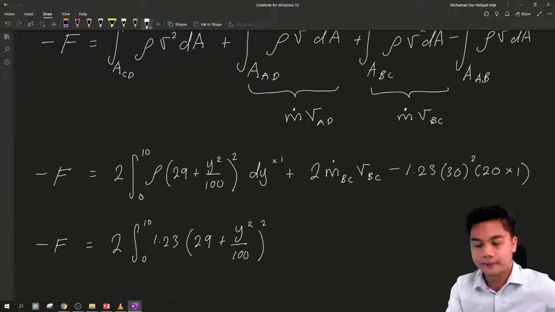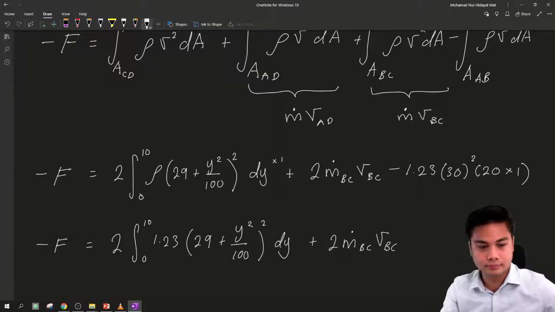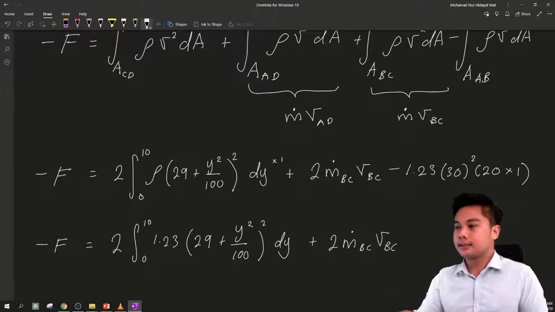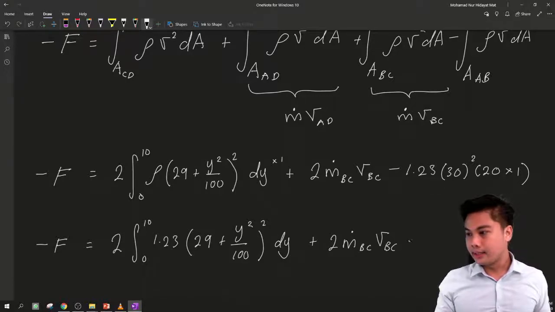Like this one, dy, plus 2 m dot BC V BC. Then you can solve this using a calculator: 1.23 multiplied with 30 squared multiplied with 20, you will get minus